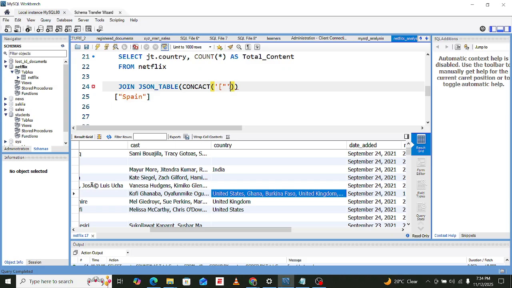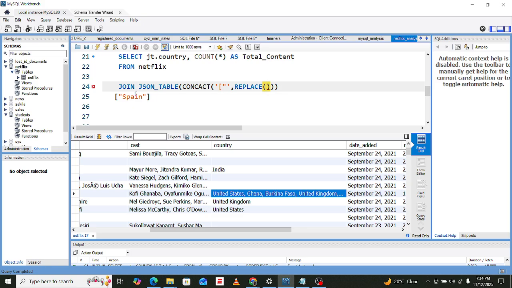After that, we are going to separate that by a comma, and then we are going to have something we call replace. This is usually a function. Then in the replace, we have now the country.